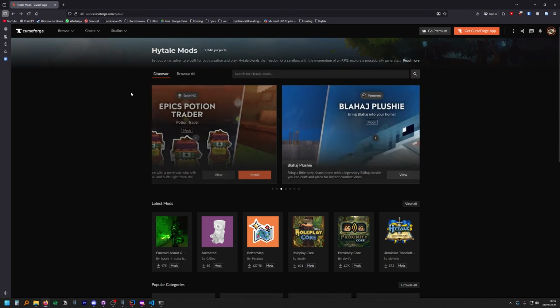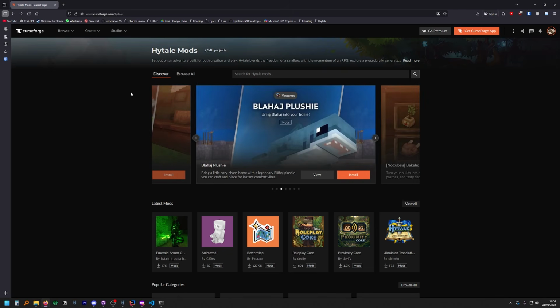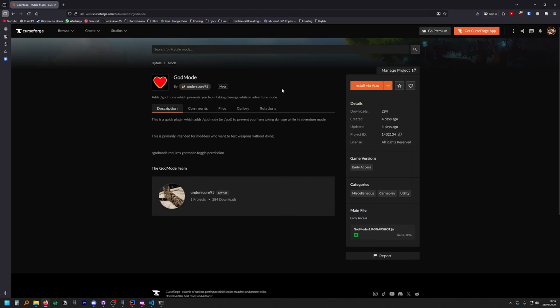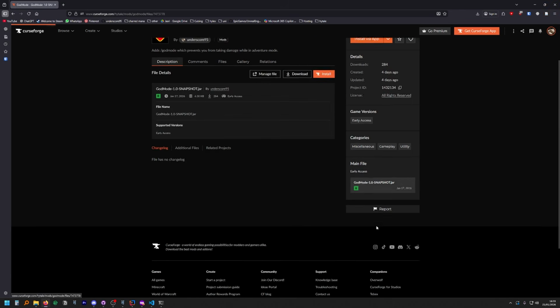So like if you want to figure out how to prevent someone from taking damage, then you can just search for, let's say, God, because there's a lot of mods called God mode, which prevent you taking damage, and there's this mod here, so I'm just going to open it, and since there's no GitHub link here, what you can just do is download the plugin,